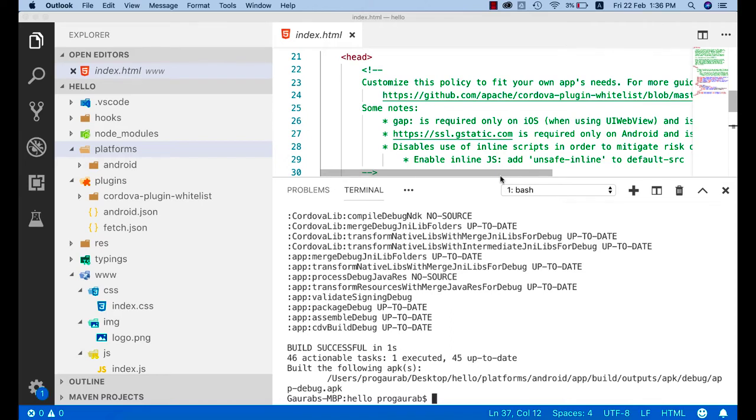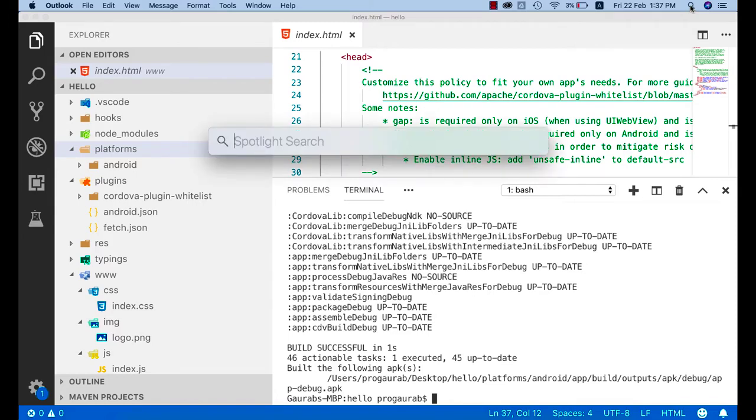So in this chapter we will create a virtual device or emulator in Android. For that, the easiest way to create an AVD, or Android virtual device, or you can also say Android emulator, is to just open Android Studio. Go to Finder on a MacBook, or open from Windows Explorer on a Windows laptop. Just open Android Studio.